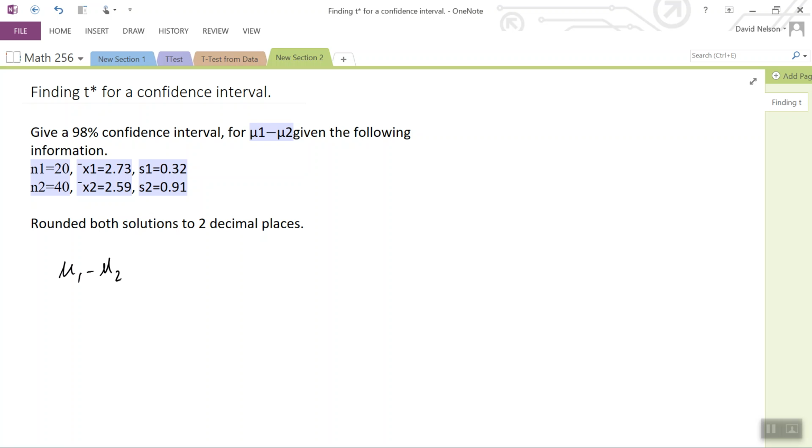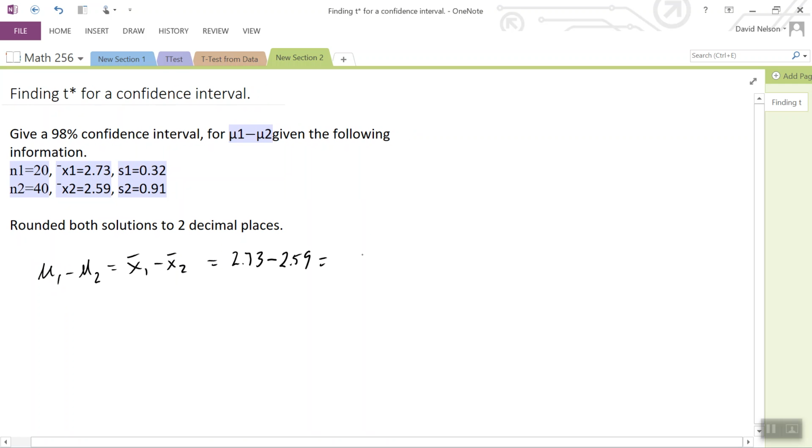is that mu1 minus mu2 is x bar 1 minus x bar 2. And so our best guess for the difference would be 2.73 minus 2.59, which is 0.14. So my best guess is that the first group has a GPA that's 0.14 higher than the second group. The GPA of the first group is 0.14 units higher, but we also want to add a margin of error to that,